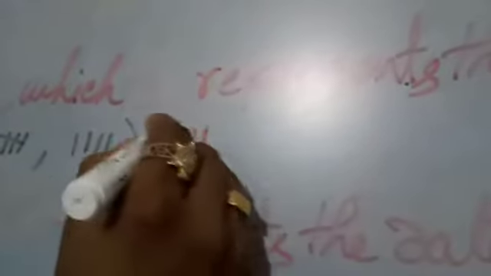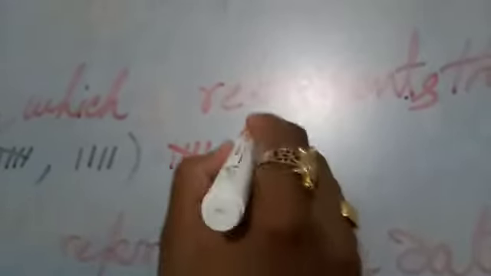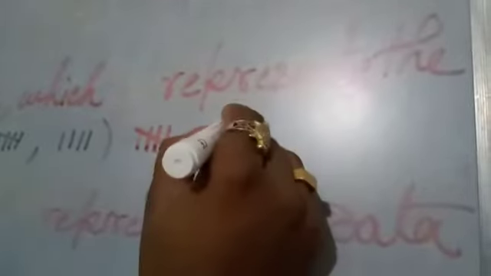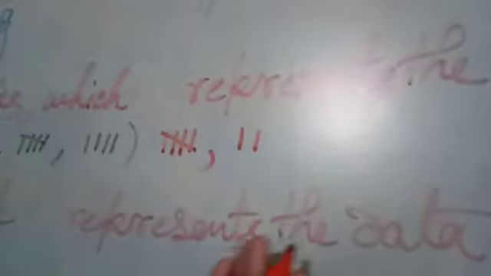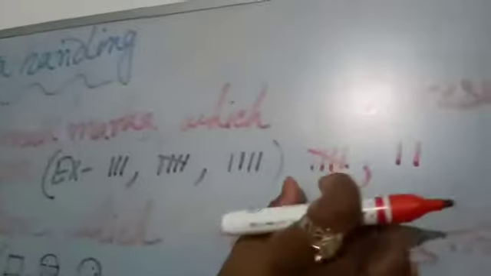And when we write 6, we go to the next set like this way: 1, 2, 3, 4, 5, and the next set like this one. If 6, then 5, 6. If 7, then it is 7 like this way. So that is a small mark. That's why we use small marks in tally marks, which represent the data. Like this way we represent data in tally marks.